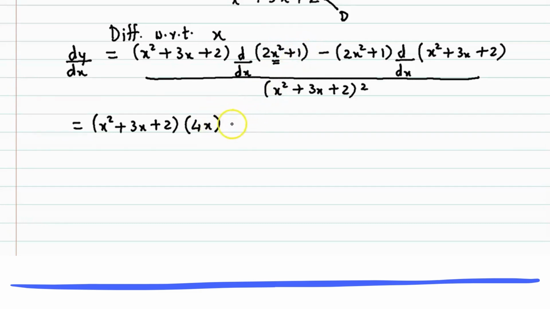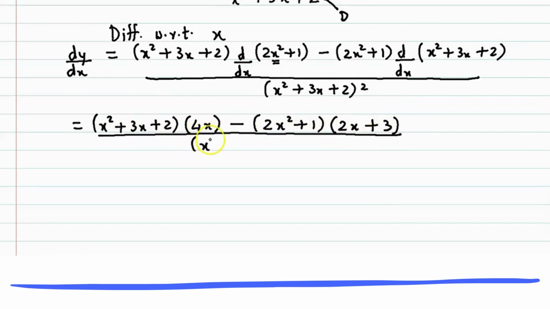So we close the bracket, minus (2x square plus 1) into, now again the addition rule, and we differentiate each of these terms. So derivative of x square is 2x plus 3 times derivative of x. Now derivative of x is 1, so 1 into 3 makes it 3, and derivative of 2, which is a constant, so its derivative value is 0. So derivative of 2 is 0, divided by